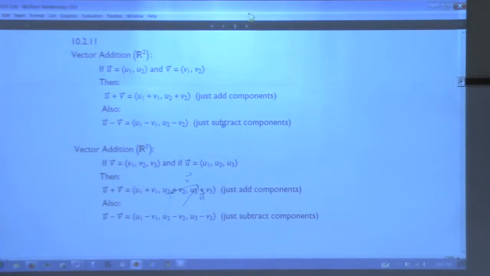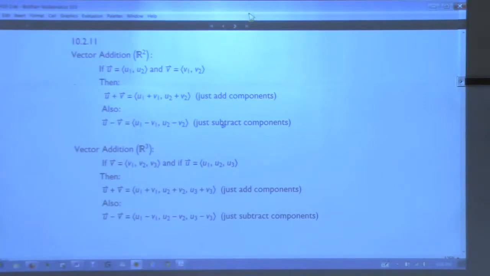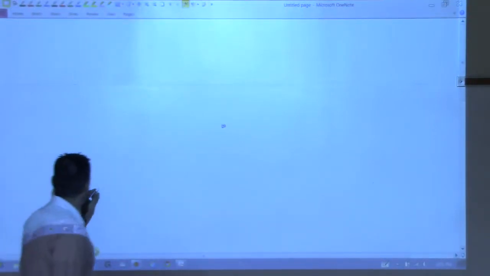What about subtraction? How does subtraction work? Addition, we're just going tail to tip, right? This looks like we're just moving them around. So how do you think subtraction works? We haven't talked about negatives yet. But let's say we do